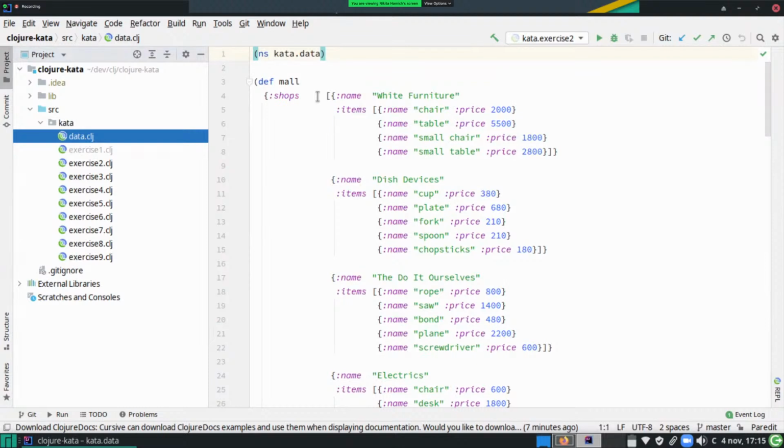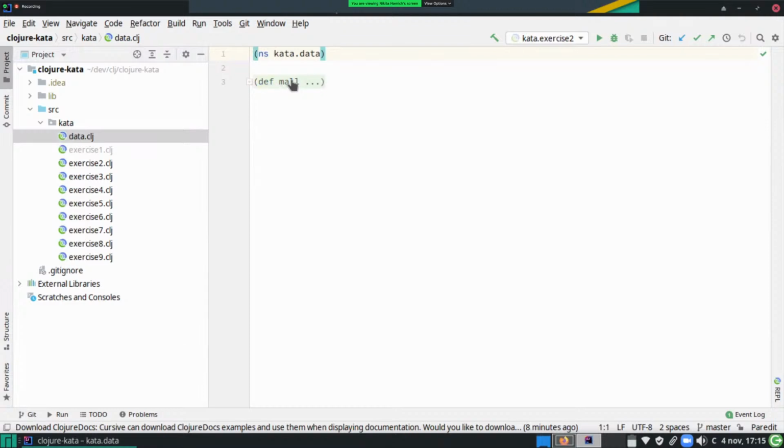We will work in the context of a big shopping center that has customers, has shops, and the shops have products, have prices, etc., etc. And we will query this data set, manipulate it, and get answers to some questions. Generally, all our database is stored in a single name, in this case mall,